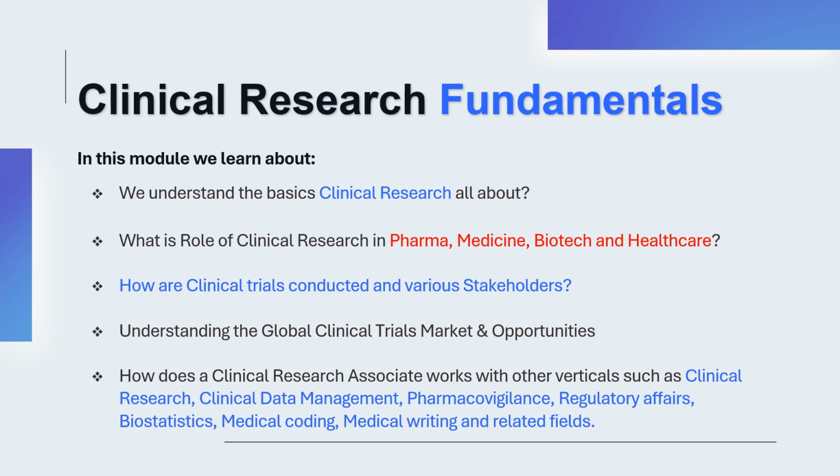And if there is opportunity in a career which is going to have a significant impact in your life, then understanding the global clinical trial markets and the opportunity it presents is very, very critical. We will also focus on how a clinical research associate, or CRA, works with various verticals in the clinical